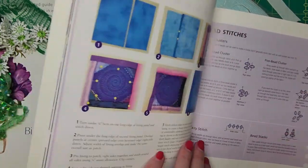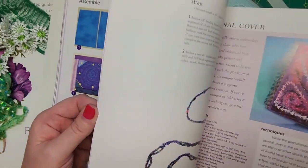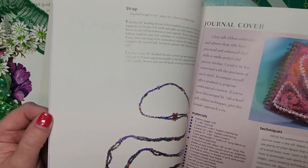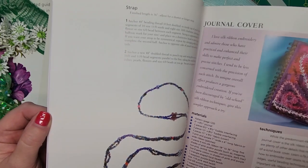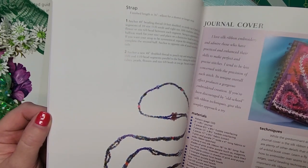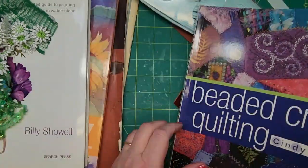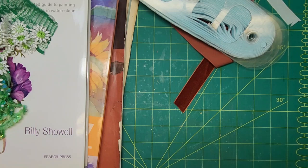Wait a minute. Look at that cover. Isn't that something? Journal cover. Very nice. So that's someday. And the last thing I got